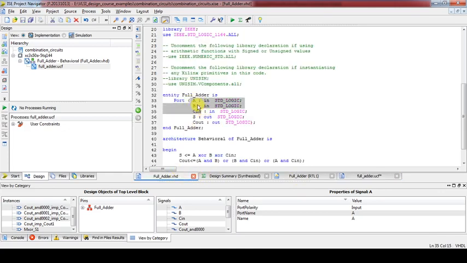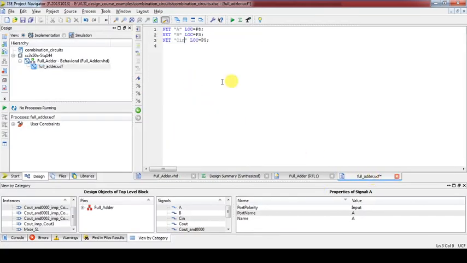If you give a wrong name, it will give some error. Then sum and Cout. So this sum and Cout will be connected to the LEDs of the development board. So again go back to the full adder UCF.